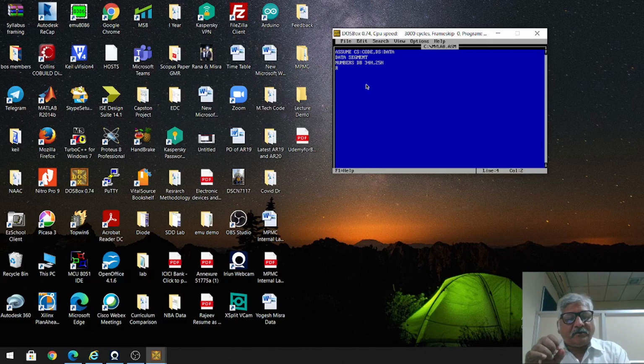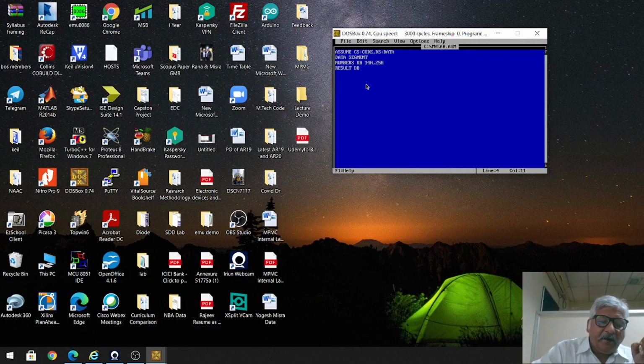And my result is again an 8-bit number. So for that I am using db, define byte. And what is my result? That value is unknown for me, right? Because my program will calculate the addition of the two numbers, and finally a result will be generated.